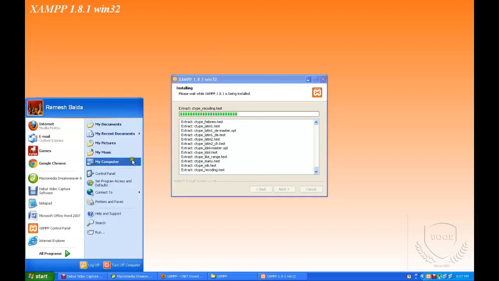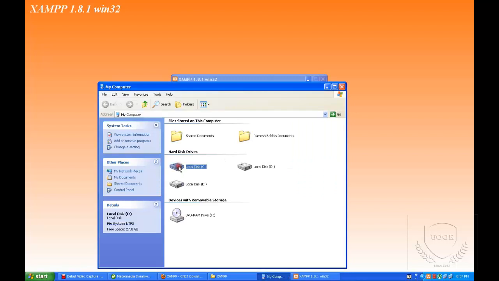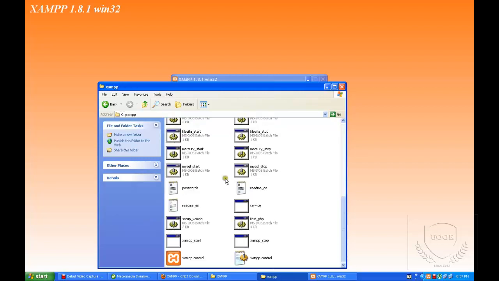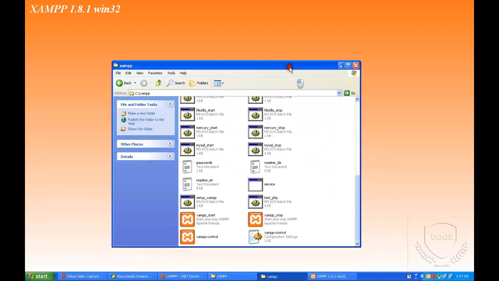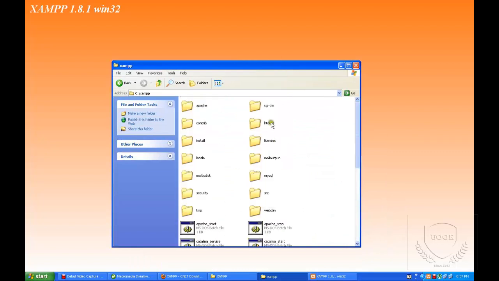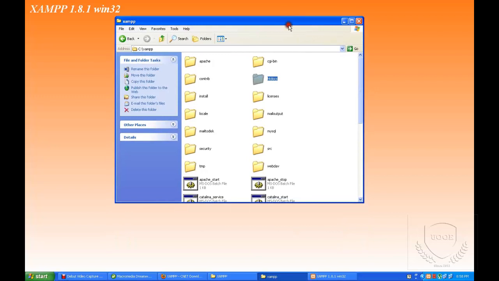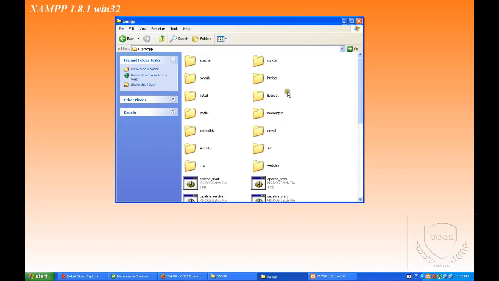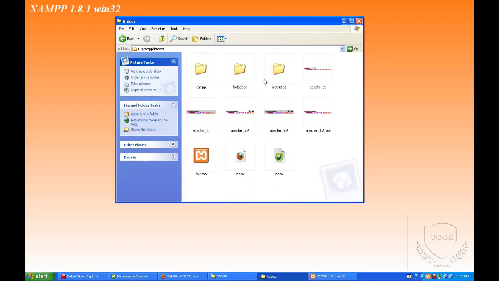If you see here, this is the XAMPP folder being created right now, so it may take another couple of minutes. We can say that htdocs is a server. These are the supporting folders. Apache is a supporting folder for htdocs. Out of these we use only the htdocs folder, because once we write any PHP script we will place that PHP script inside htdocs. If you place it outside of htdocs, it will not run.